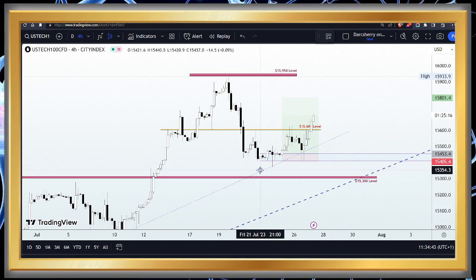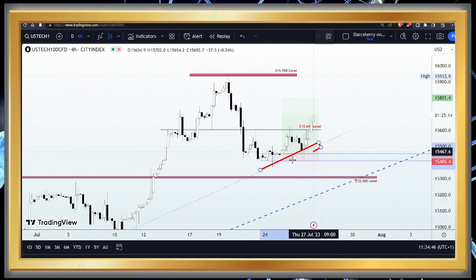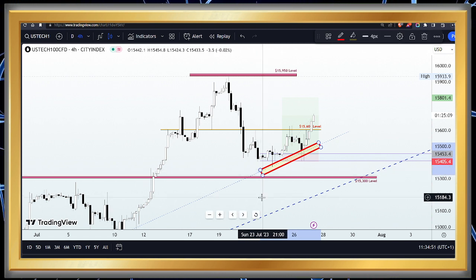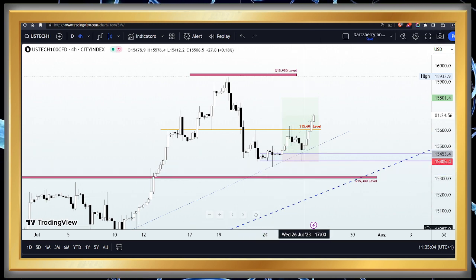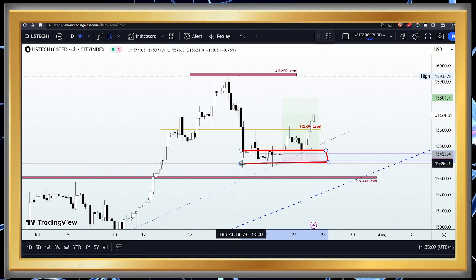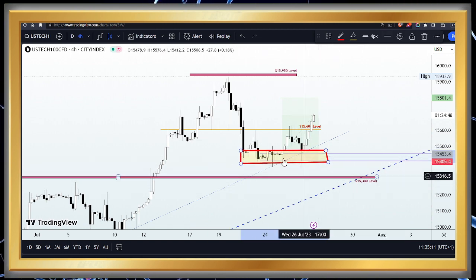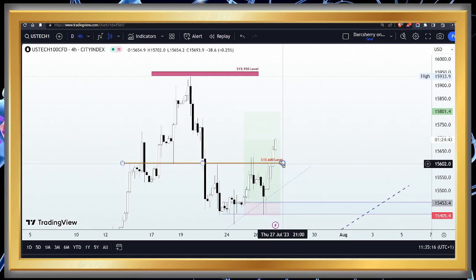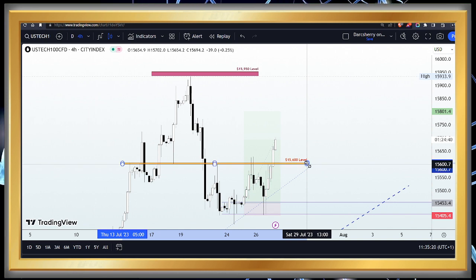You will see that most of the trading activity at the beginning of the week has been more of rejecting that structure, as sellers tried as much as possible to slice through that ascending trend line, but all attempts failed, favoring the buyers' potential in this particular market. And of course, we will continue to hold on to a bullish bias as long as price action remains above that zone. So right now the situation is becoming very interesting as we finally saw the breakout of the 15,600.